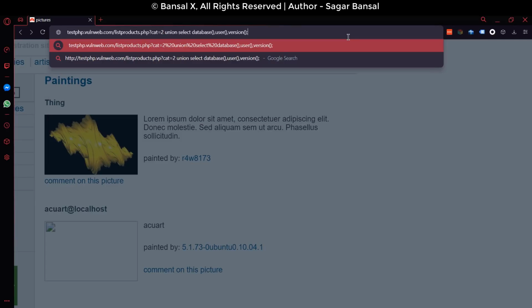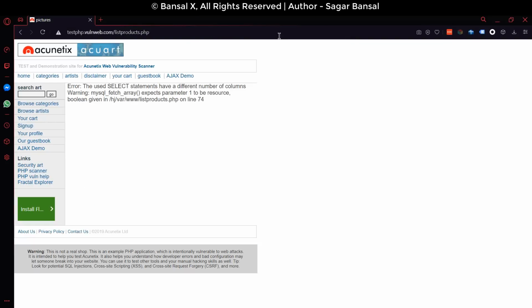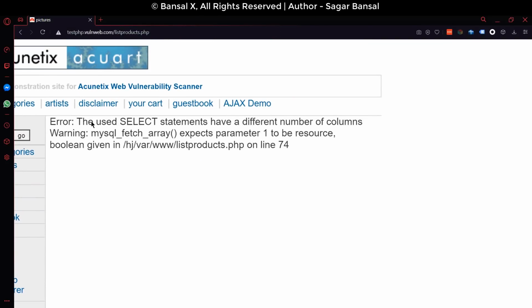Will it? Well, no, it won't. It'll throw an error. Let me show you what. You can see it says the select statements have a different number of columns. You cannot expect them to be using 3 columns, right? So they might be using 4 columns or 5 columns or 6 columns. There are 2 ways to find the number of columns. First is brute forcing,